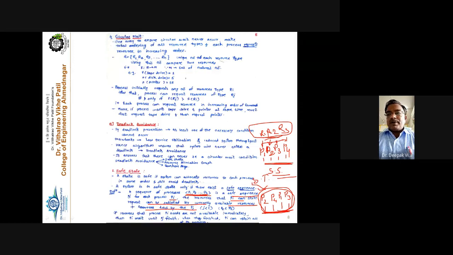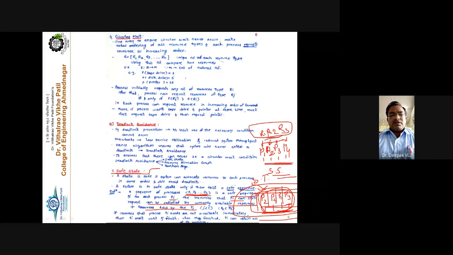So by executing the processes in a particular way, the operating system executes the processes in a proper sequence such that all processes get the resources and complete their execution without any problem, without entering the waiting state. That's why the system does not go towards the deadlock state or the unsafe state. That's why this sequence is called a safe sequence, and such a state of the system by following the safe sequence is called the safe state of the system. Clear the definition of the safe state.